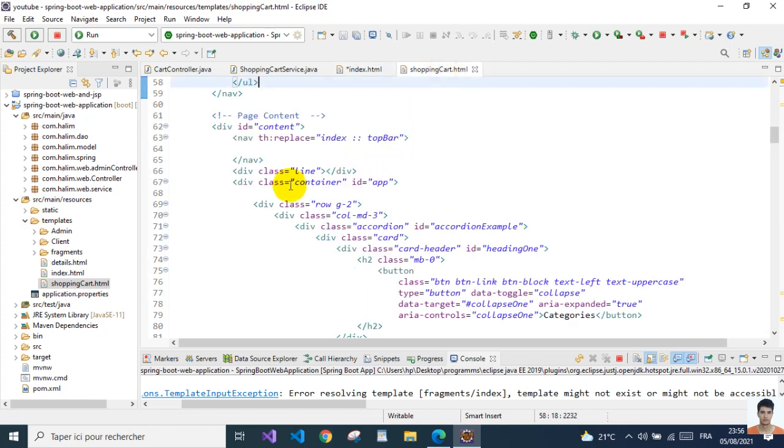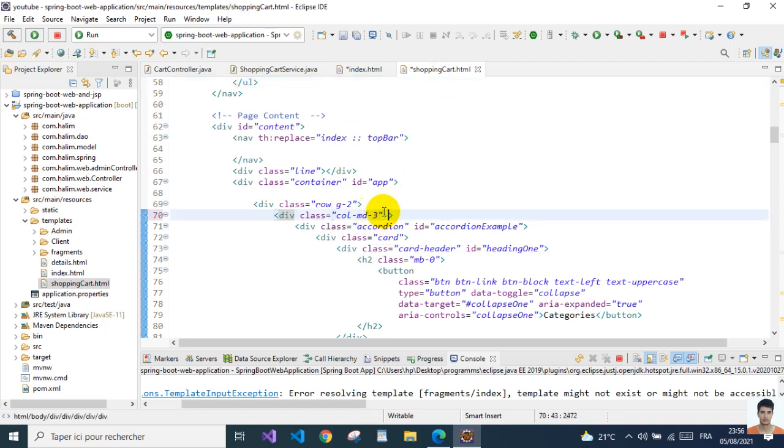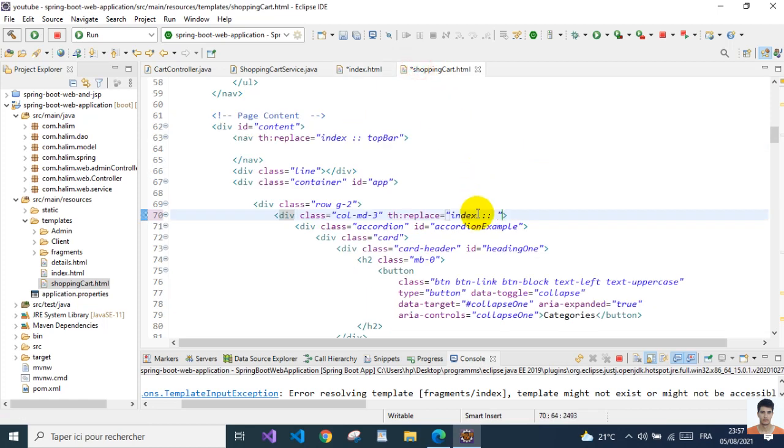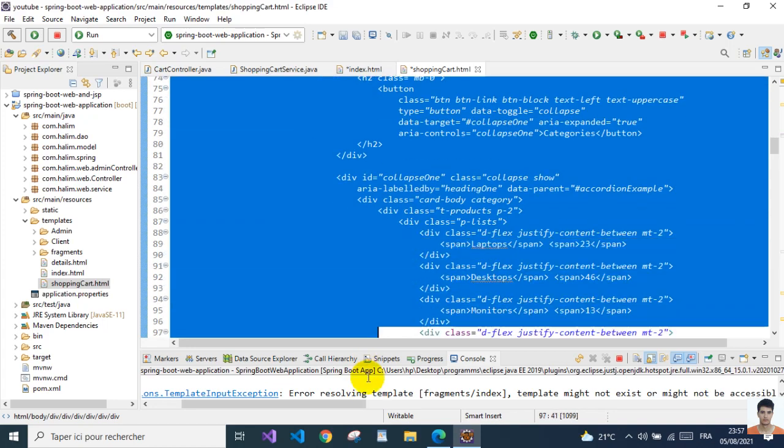Then I'm going to go here and do the same, th:replace, and I'm going to give it the index, because this fragment is defined in the index. Then give it this name. And I'm going to get rid of